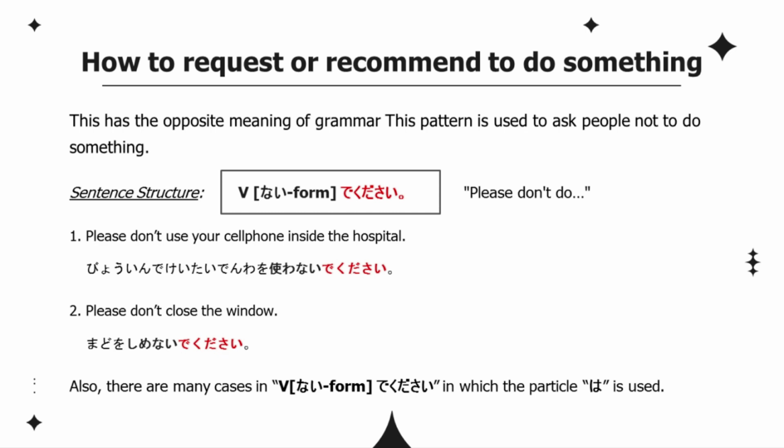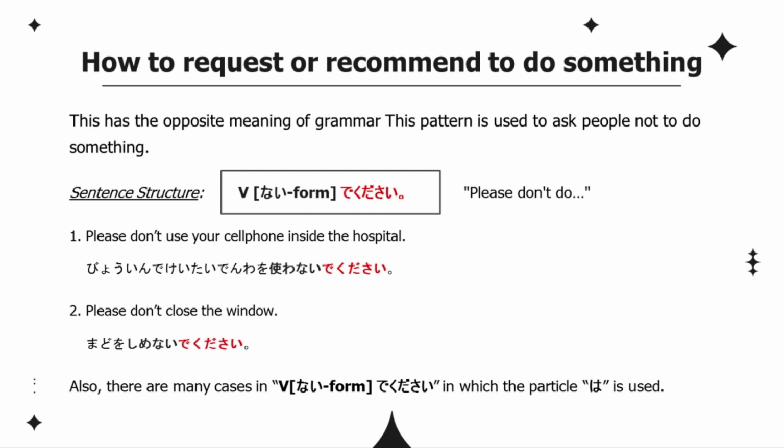This pattern is used to ask people not to do something. Let's have a look at examples. Please don't use your cell phone inside the hospital. 病院で携帯電話を使わないでください。 Please don't close the window. 窓を閉めないでください。